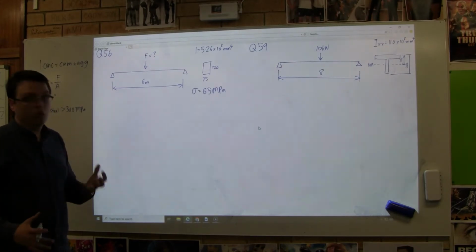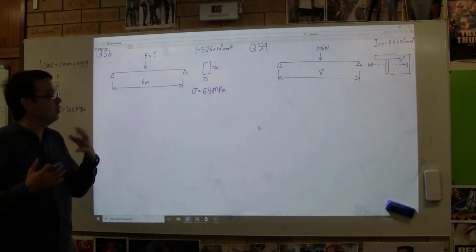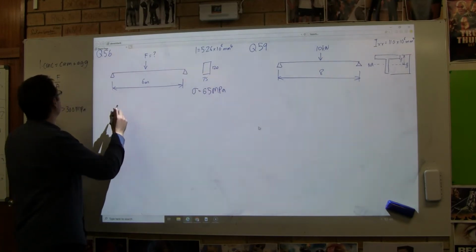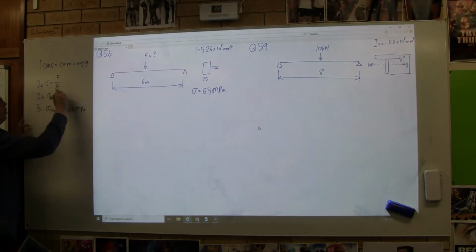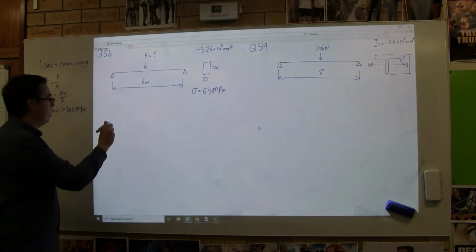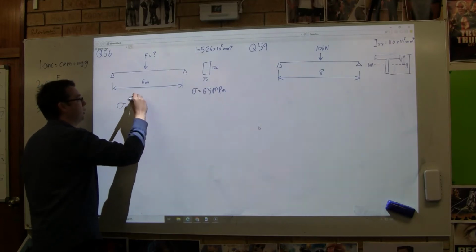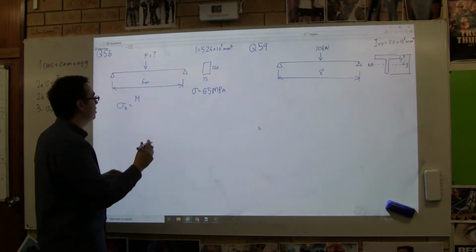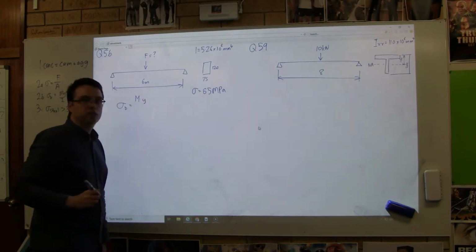Now, I know a lot of students really struggle with this when I've taught it before. It's not a simple question, but we're going to work backwards. So first of all, we know the rule for the bending stress is My over I. I'll say each of the parts. The bending stress, which is measured in megapascals, is equal to the maximum bending moment, or the bending moment at the location, but we're typically interested in the maximum, multiplied by the distance from the neutral axis to the extreme